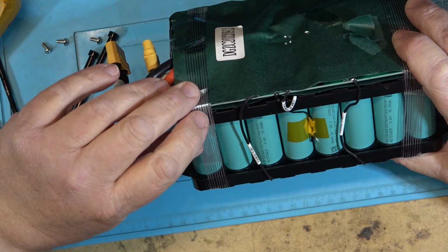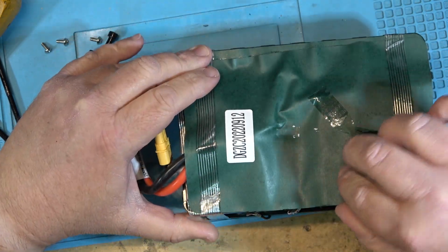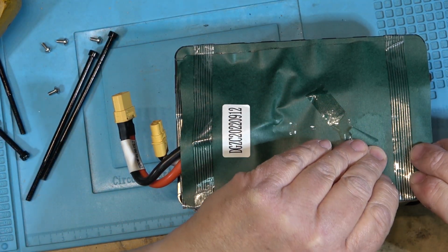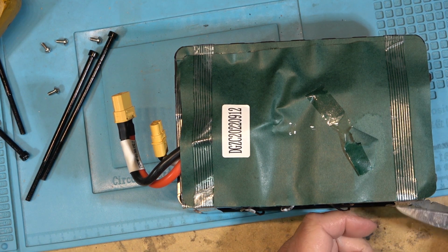And if we were to open up this, if I take off the insulator on the top here, there's a circuit board on top here as well. This is probably going to be battery management and temperature control. Oh yeah, there's a bunch of components on here. So I think if I just open this up, cut this tape, I can stick it back down. So if I cut this tape here,